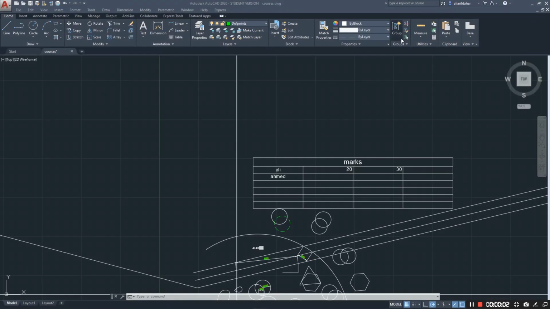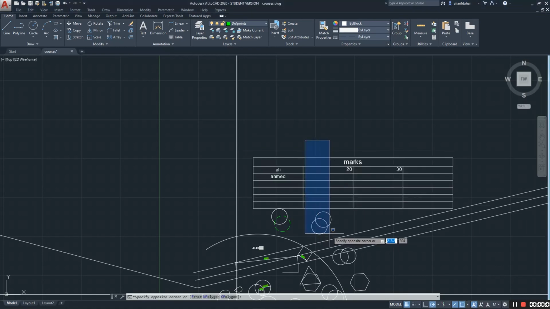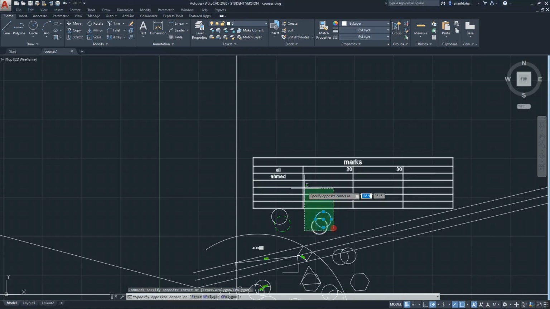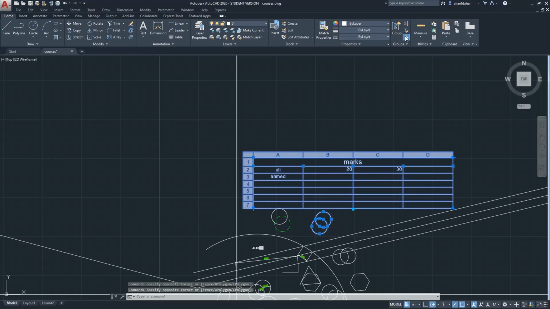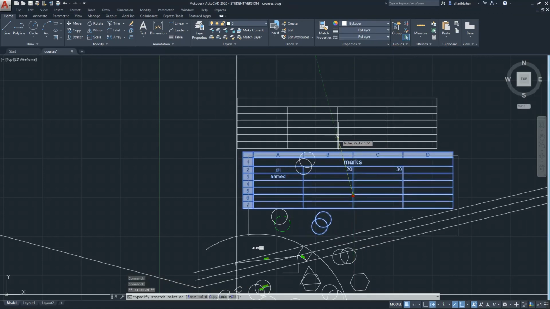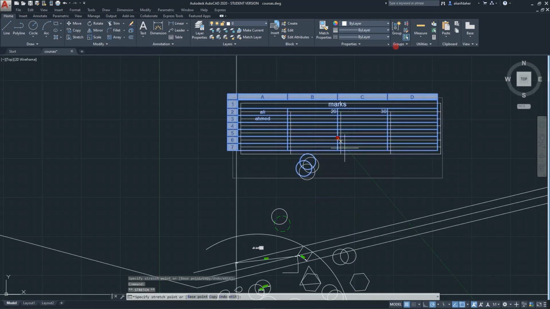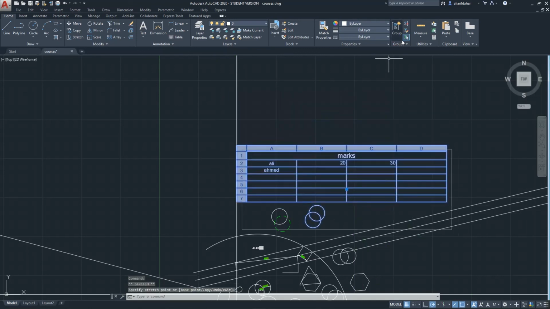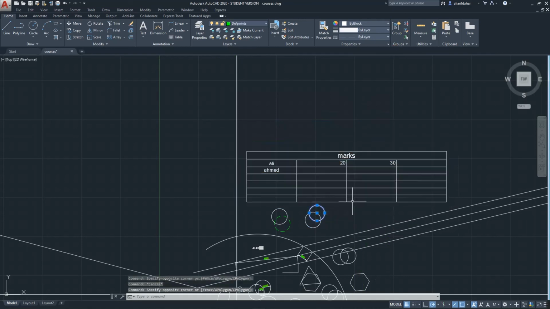Here we have group. For example, I want to put these 3 objects in one group. I will press group. Now as you can see, they are in one group, and I can also move it. All of them will move together. If I want to break the group, it has just been broken now. If I click on the green one again,